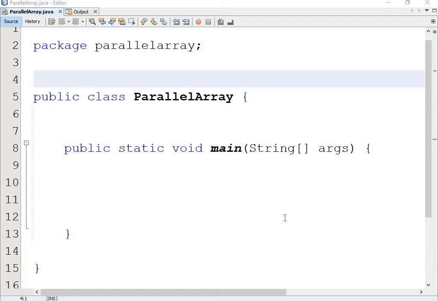Okay. All right. So create an example program called parallel arrays. Today we are going to be looking at